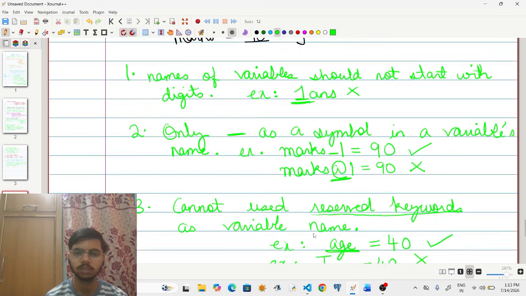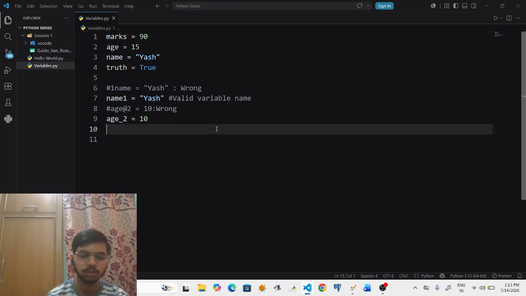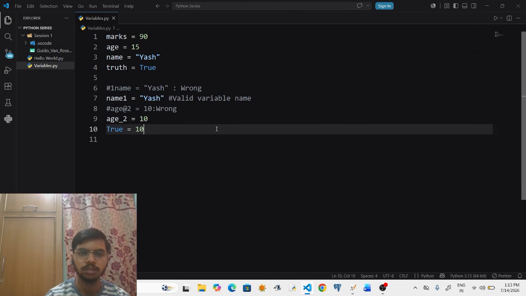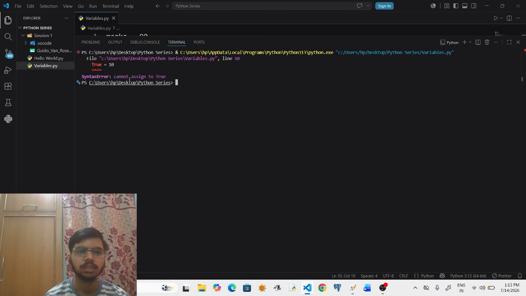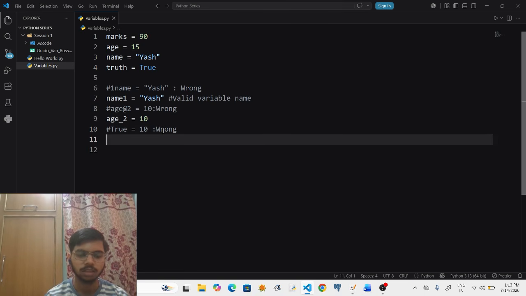Now, the third condition that I told you was that we cannot use reserved keywords. I told you that true is a reserved keyword in Python. If I say true is equals to 10 and I run this program, it will give an error: cannot assign to true, because true itself is a keyword. Now, instead, I give a variable name which is not a keyword.